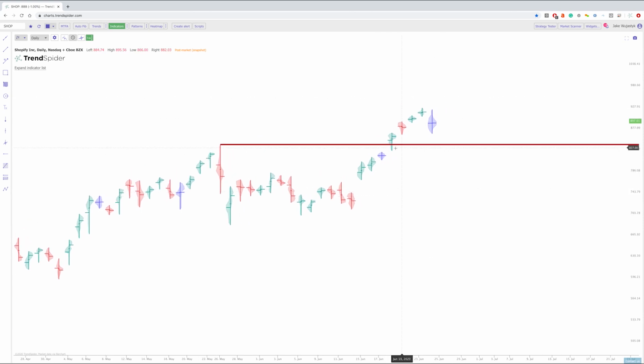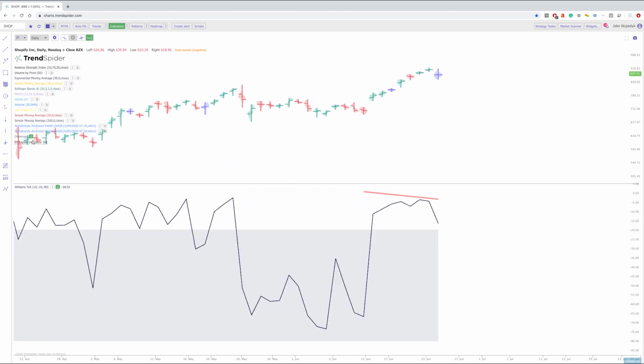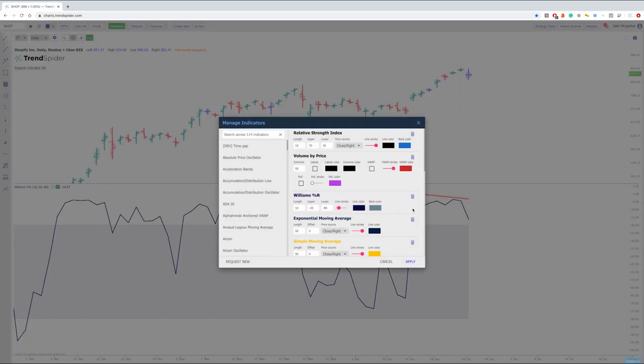One thing that I want to talk about, and this isn't really proprietary or anything to Trendspider, but it is something to start looking at once the markets get overextended like this. I like to use the Williams percent range as an indicator to look for different levels of divergence. Now, notice here I have the Williams percent range 10. So every week we have 5 trading days. So the Williams percent range 10 is looking at the 2-week Williams percent range and taking that into account in the oscillator. Now, if we go to the 5, which would be the weekly, notice we had this really strong